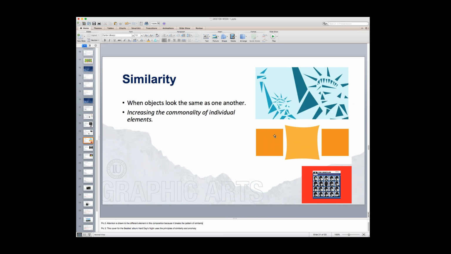similarity. And similarity is a great concept to implement in formatting our text. We want the body text to all be the same size, right? We want our text to be the same size so that it looks unified and it flows a lot nicer. It's easier to read. This third example is hard to see, but this cover for the Beatles album, Hard Day's